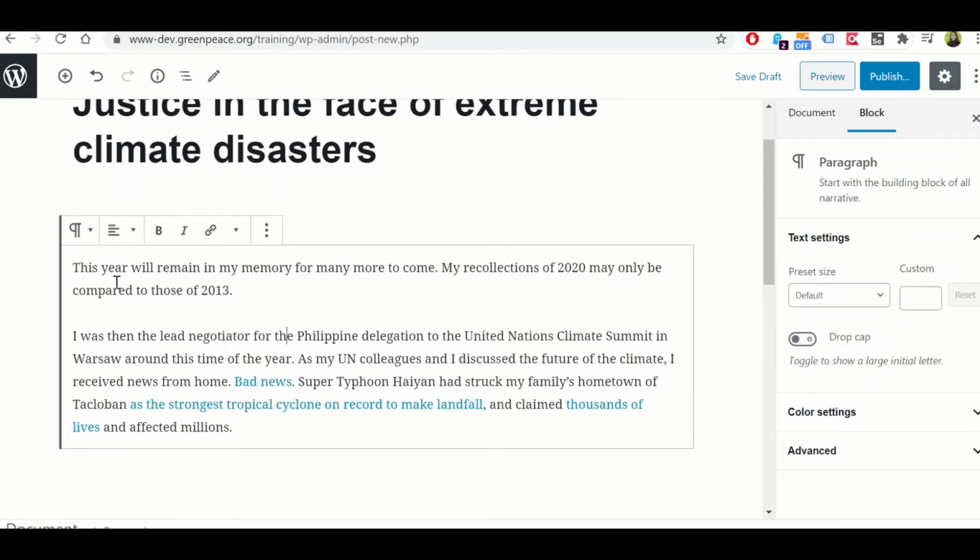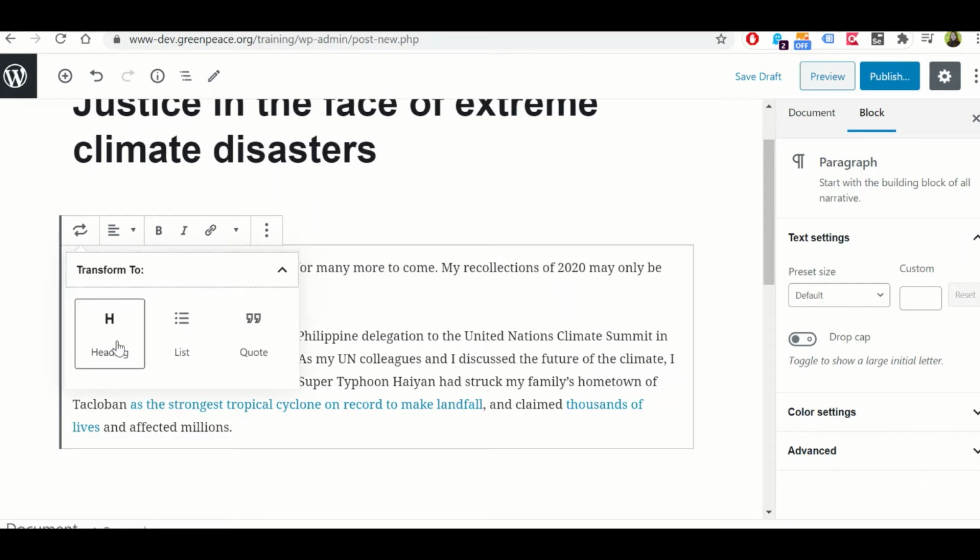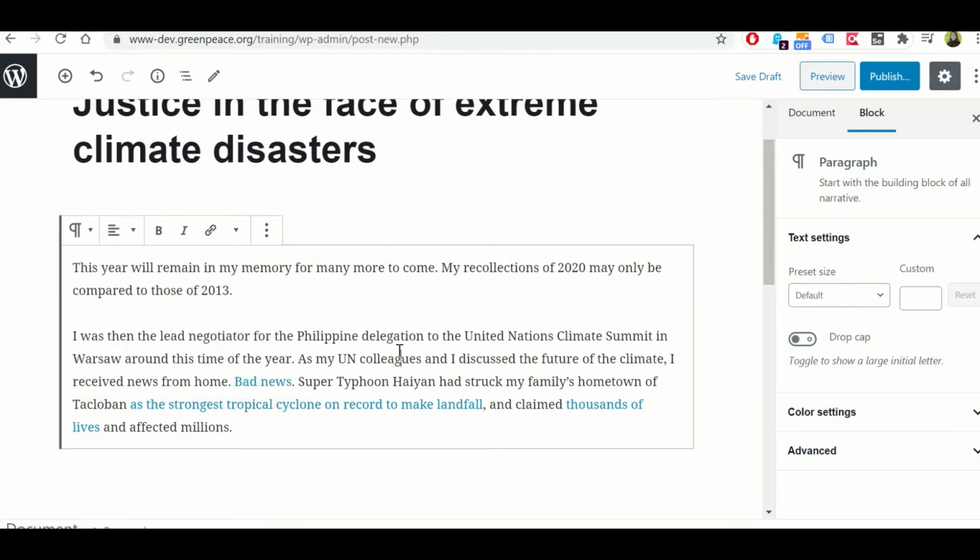And this is already a block. It's identified as a paragraph. For each block, you have a couple of options to transform it into something pretty similar. You can see here on the right side that it's a paragraph. You have some